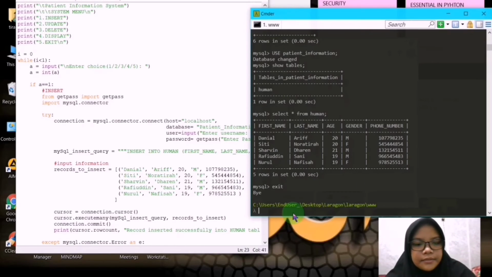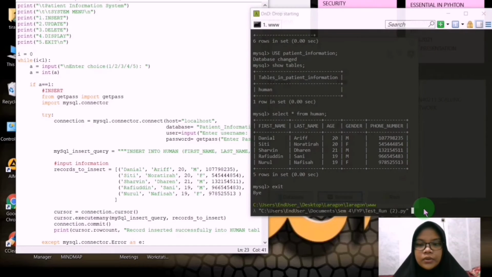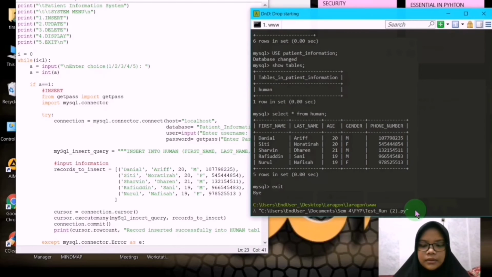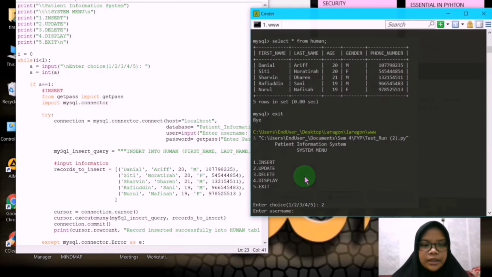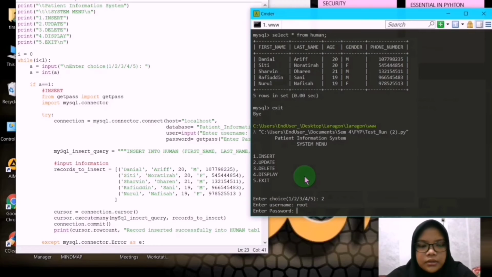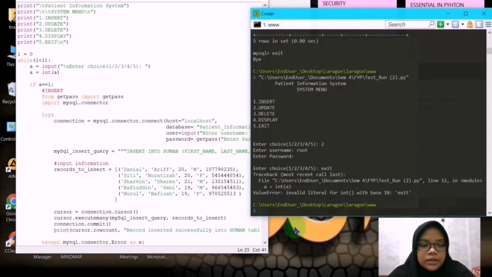So next kita exit untuk pergi untuk terangkan tentang update pula. So kita masukkan file, enter. Okay, so kita pergi update 2, kita tekan 2, enter. Username sama, password, enter. So kita exit, kita pergi MySQL,